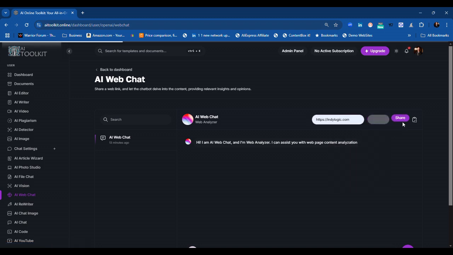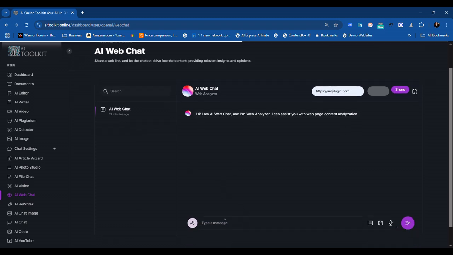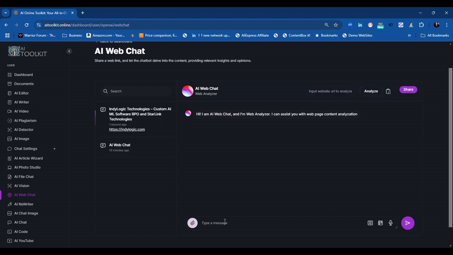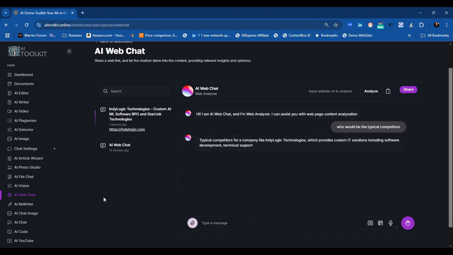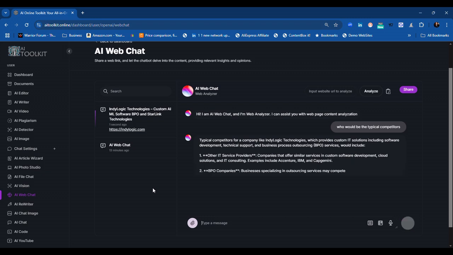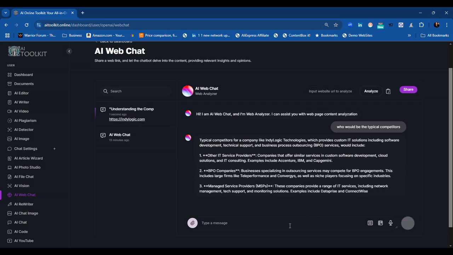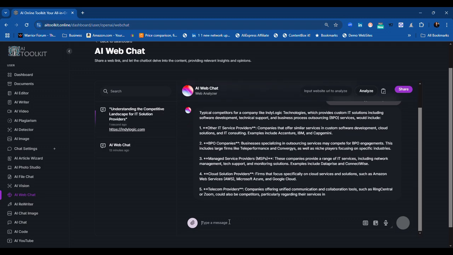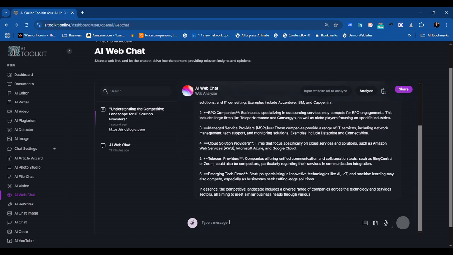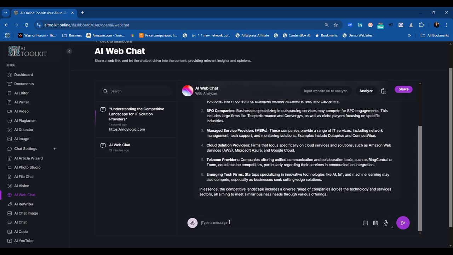We select the Analyze button, and it goes through the website and analyzes key components of Indie Logic. Okay, it's finished. So now we can start asking questions. Who would be the typical competitors? Okay, so it gives you some research and some competitive analyses if you were to use it on a competitor's